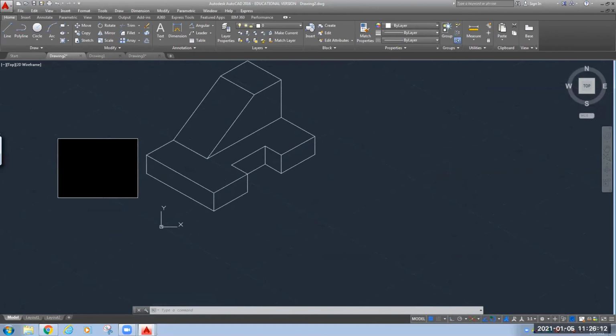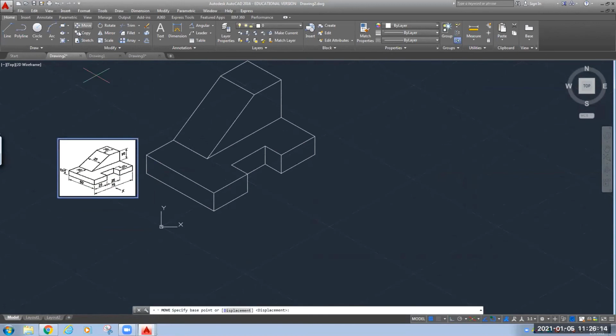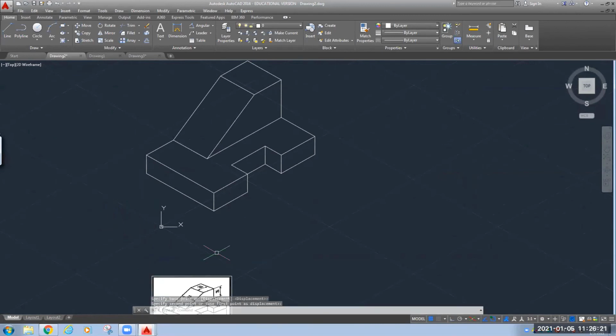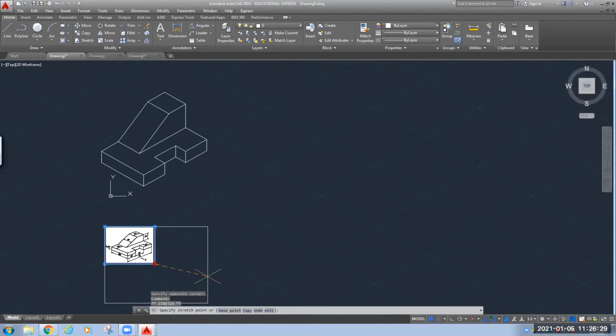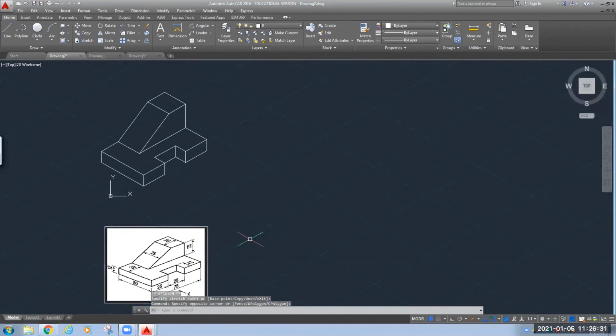Now you can bring this figure just below this, and you can enlarge it as per your requirement. So this is the question and this is the solution that we have drawn.